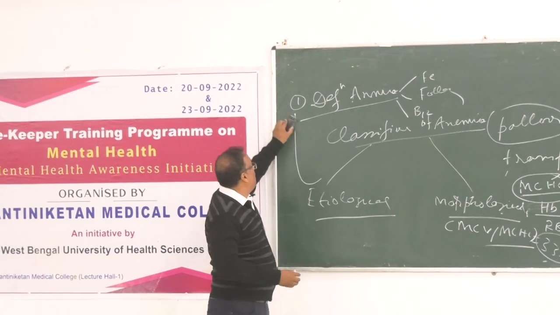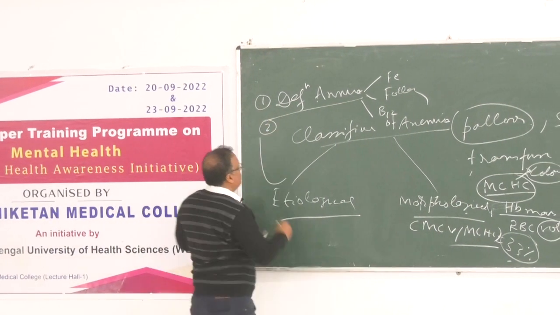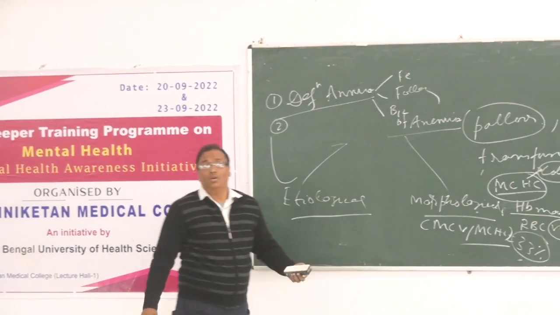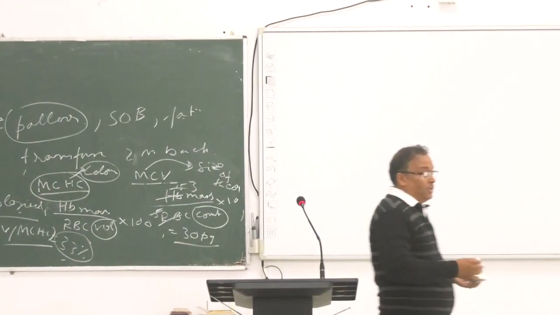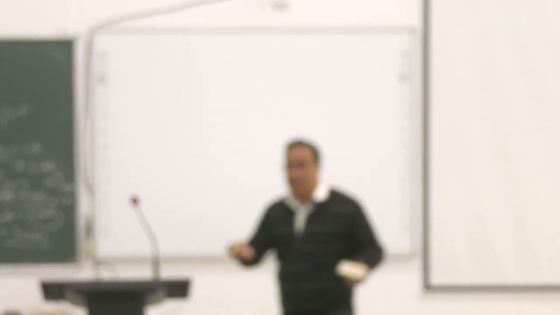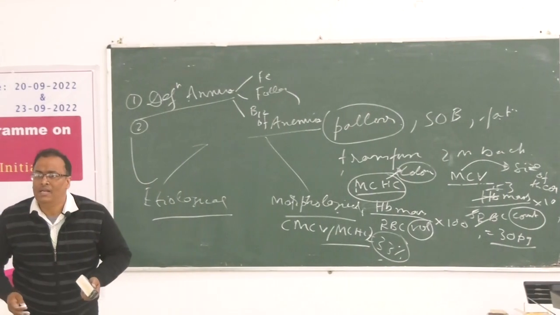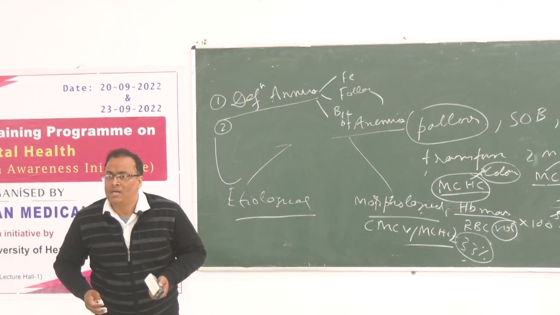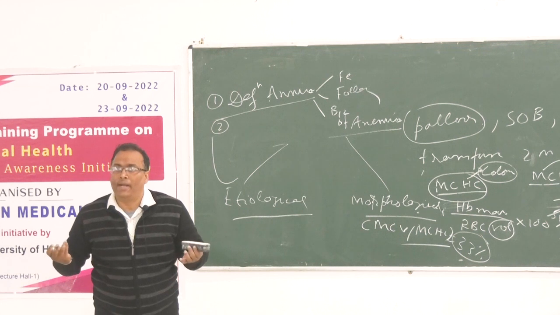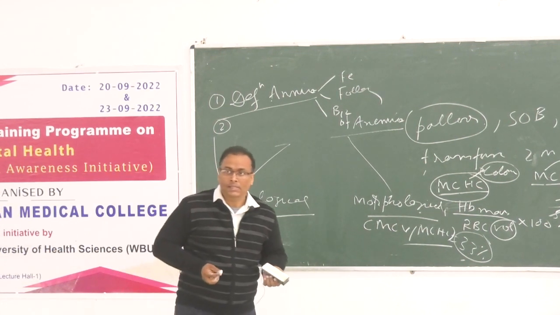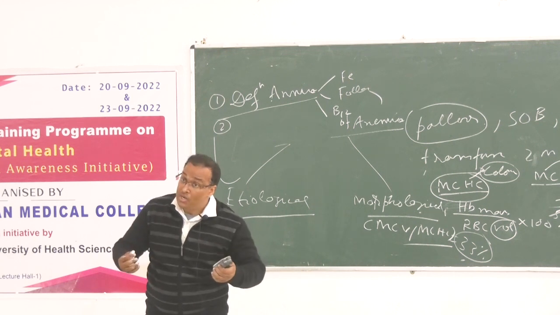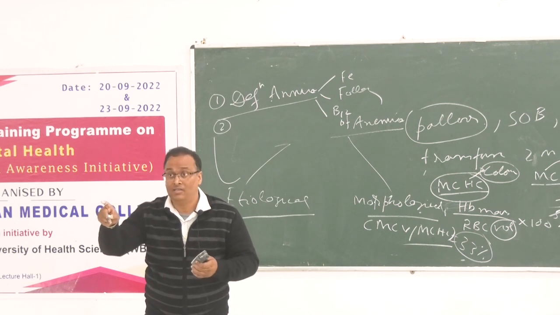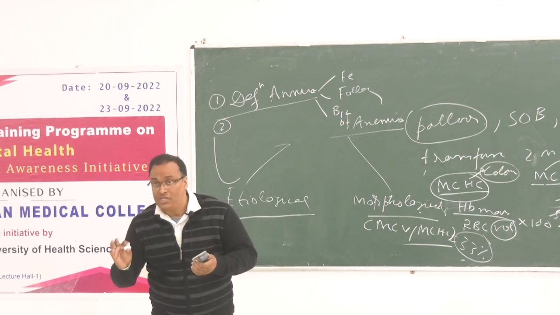Then again number two etiological. Number two. Say what you want to say, we will start from there. Hemorrhage. Yes, say what you are saying. Sit down and say. Oxygen is needed for the formation of RBC. Oxygen is a stimulus, but it does not go to the factory.